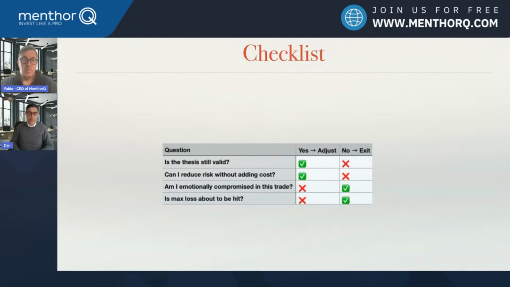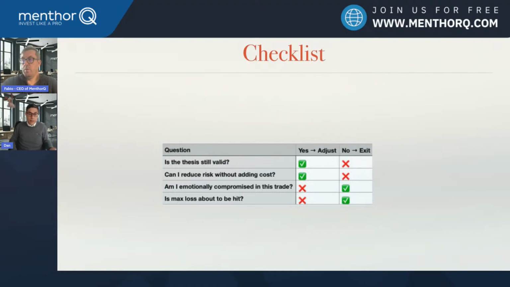So, a very simple checklist. First, check: is this the bias I had about this trade or the setup? Is it still valid? Yes, then adjust. Otherwise, just get out. Even the other day I've seen experienced traders closing trades, taking a loss, and 2 days later the trades had recovered. What did they do? They just put them into their journal and revisited them at some point just to learn something, not to ponder about them.